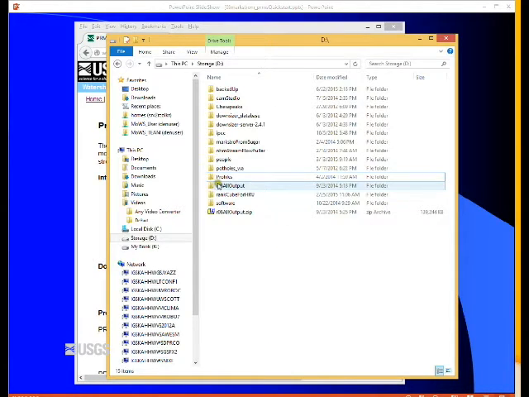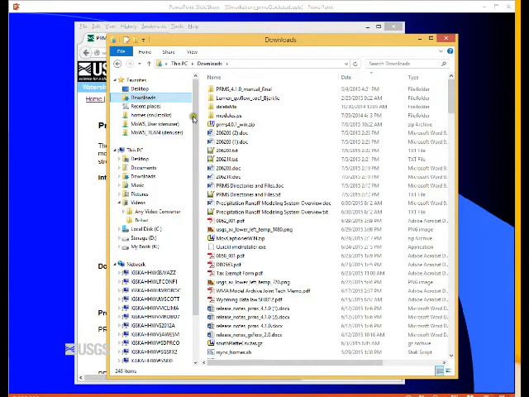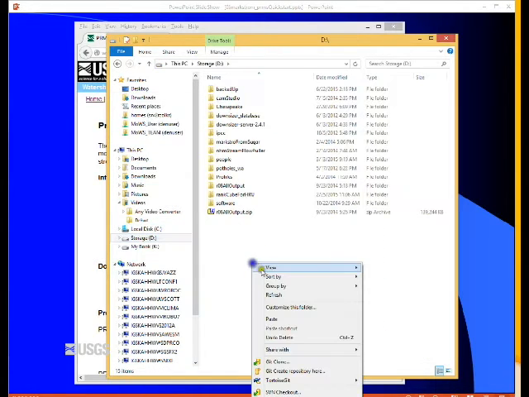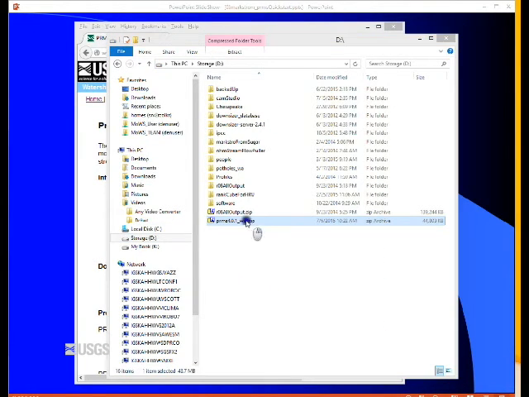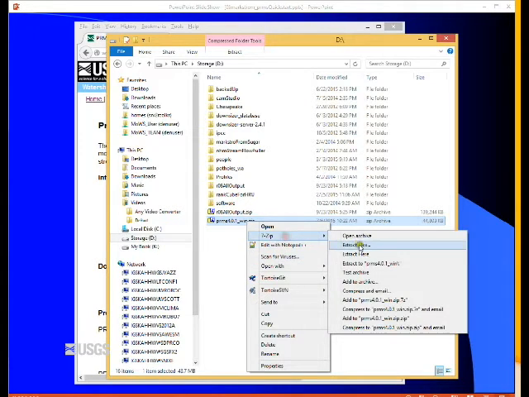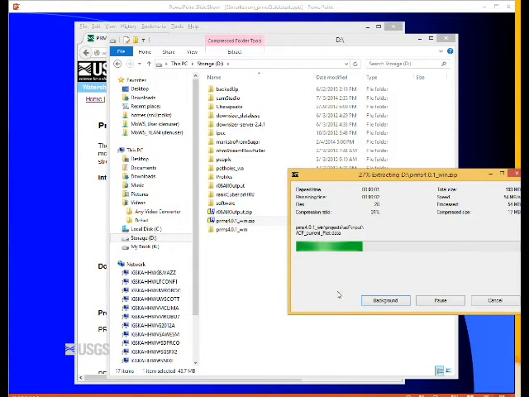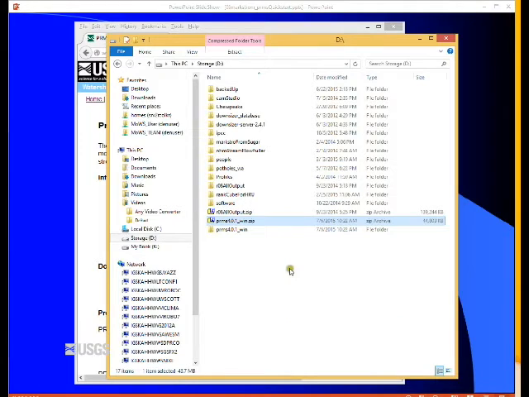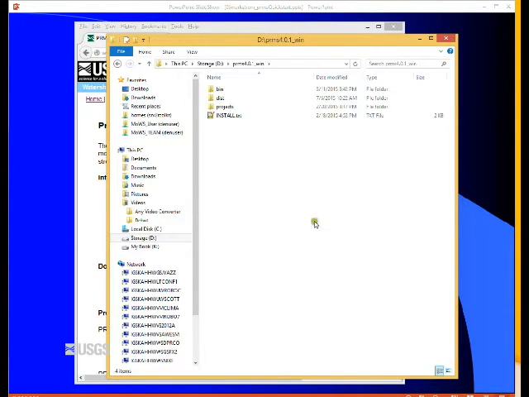I can go to my downloads. There it is. Cut that. Paste it here. Unzip it. Okay, there it is. This is the installation.